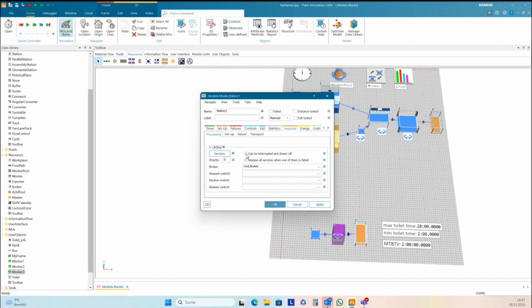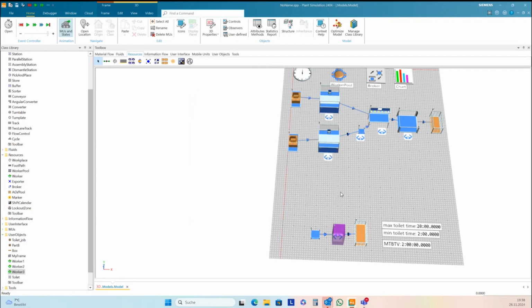You can decide, if there is such a high priority request for the service, if its actual work should be interrupted, and if the worker can be drawn off by the broker to another importer. If you have long jobs with some hours length, then you can select this, or if you have some other really urgent jobs.